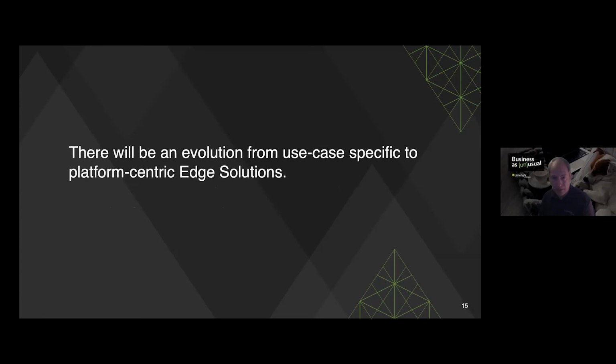In particular, there'll be a change from what we think about today as how to provide services in a use case specific way. Let's provide some transrate or transcode services that do specific things for HLS or Dash, versus a platform which a customer can deploy their own code to, which will do that transrate, transmux, transcode process, but on their terms rather than the service provider's terms. So it's a move from the use case to the platform.